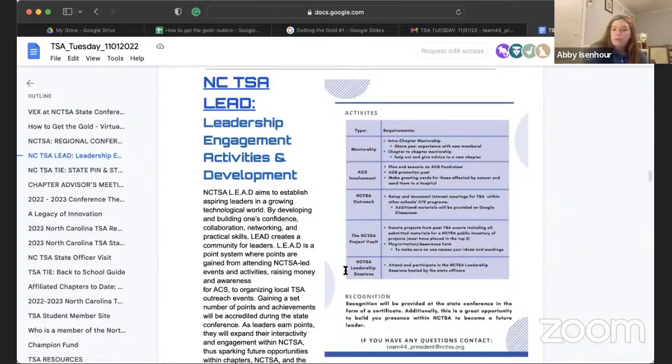So you can do anywhere from mentoring within your chapter to other chapters in the area. There's ACS involvement. So if you're planning a fundraiser or you're doing a community service event for ACS, like making cards or promotion posts. There's also NCTSA outreach. So I myself have helped other schools within the county start a TSA chapter by setting up an interest meeting, and we have all of those resources available. If this is something you'd like to do, you could get points for setting up an interest session for another